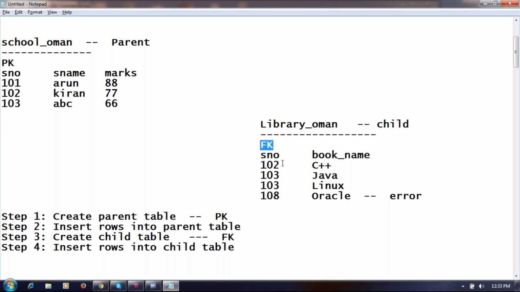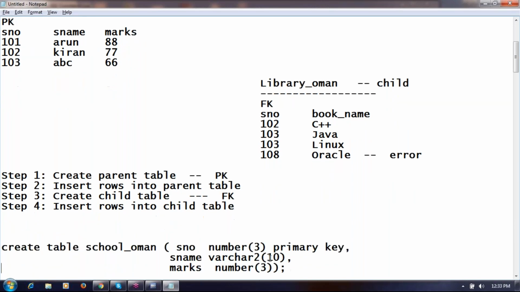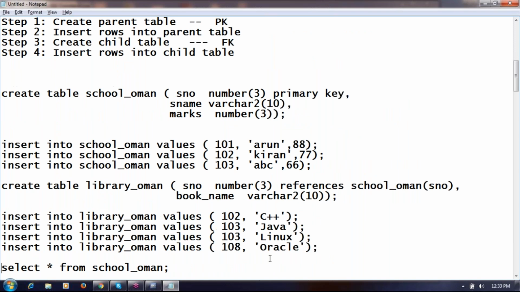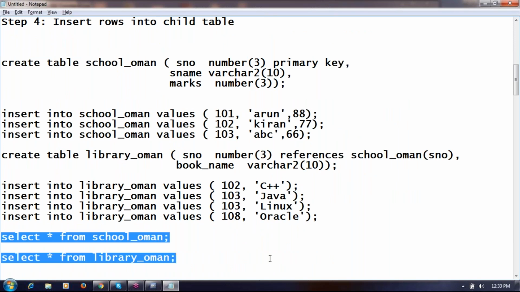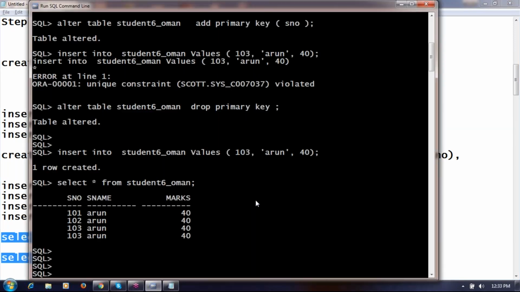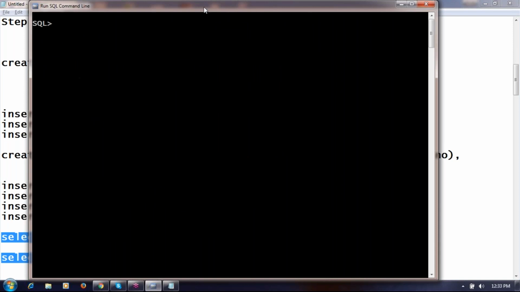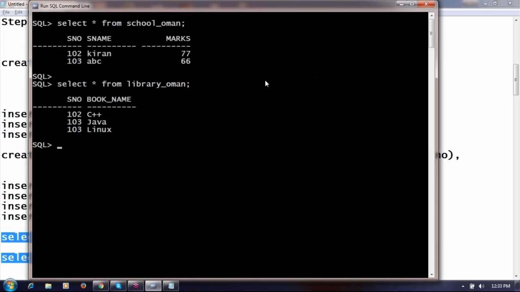Coming back to our scenario, school_Oman, library_Oman. Remove the foreign key from the child table.